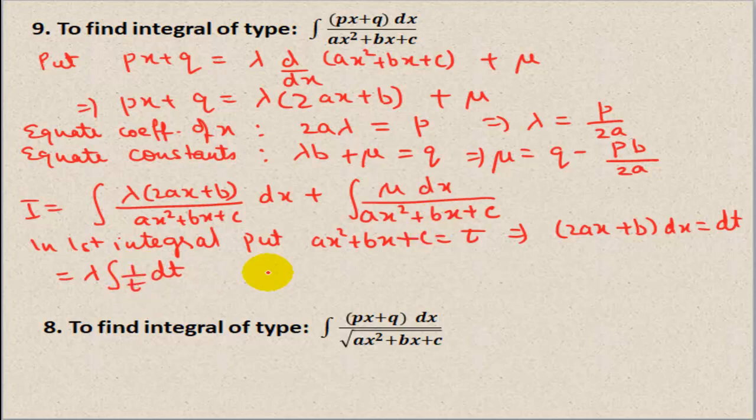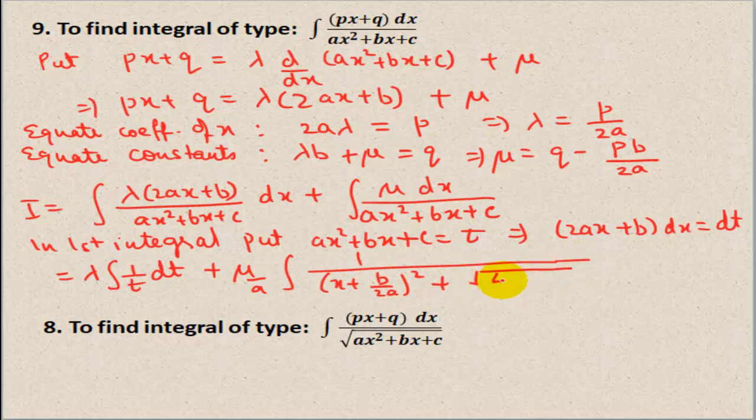Log t. And over here we have done in the previous slide, we saw if I convert it to two perfect squares, what will happen? First a will come outside. And what form was it taking? This was becoming x plus b over 2a whole square. And the rest part was square root of 4ac minus b square over 2a whole square dx. Okay, so in the first part we are able to integrate using substitution. This will become log t, so we are able to integrate.